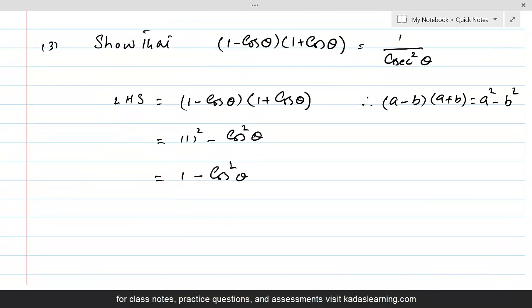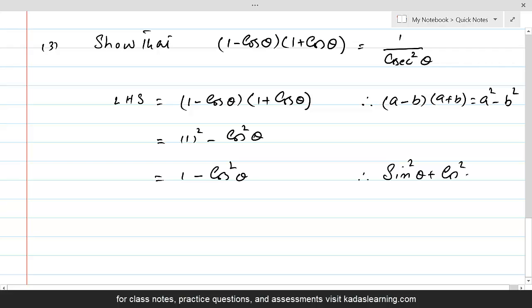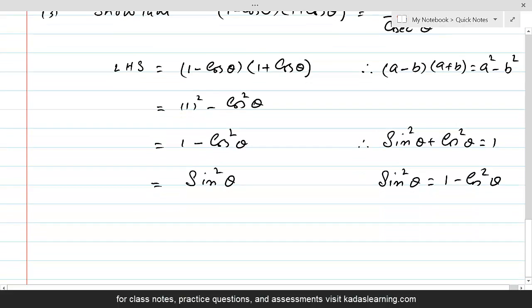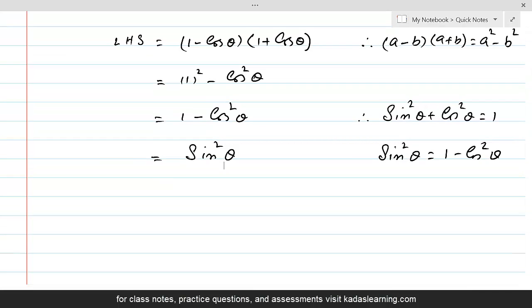But from fundamental trigonometric identity where it was sine square theta plus cos square theta equal to 1, because on the right hand side we will need only single term, that's why by using sine square theta is equal to 1 minus cos square theta, I can replace this by sine square theta,